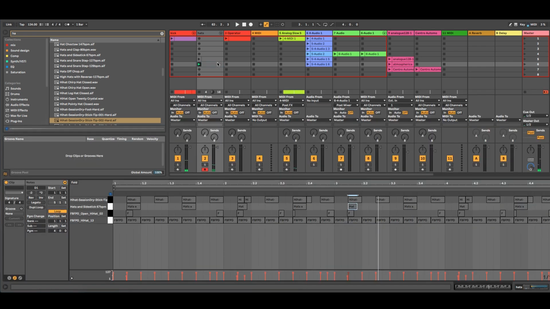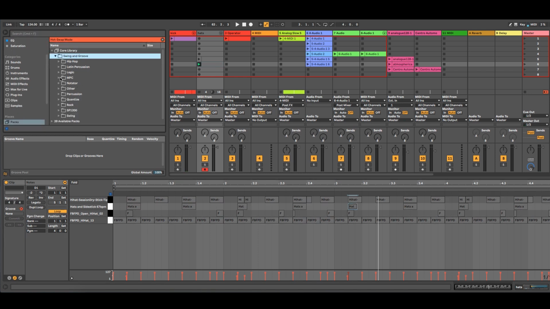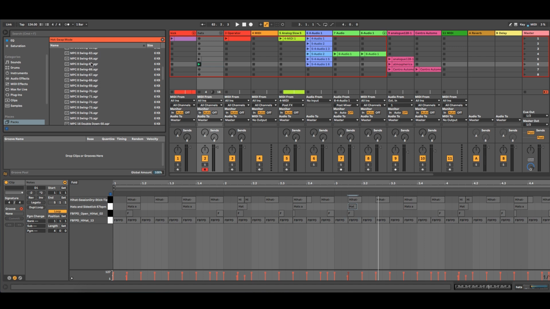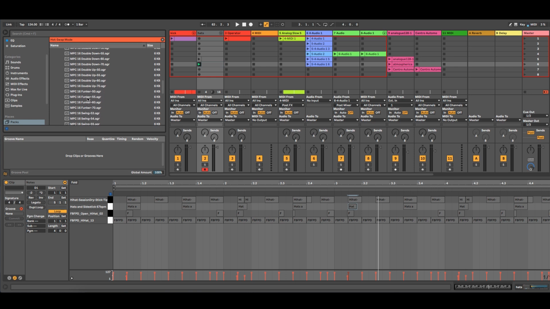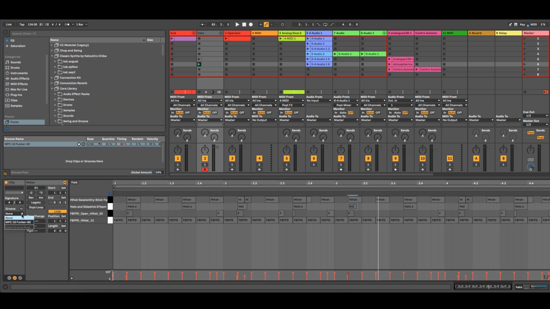And right now it's a bit what I call robotic, so I'm gonna go in the groove and I'm going to take a 65, but it has to be in 16. And where is it? 60 is gonna be enough. And I'm gonna quantize it. Velocity is good. Drop this to about 25%. Select this.